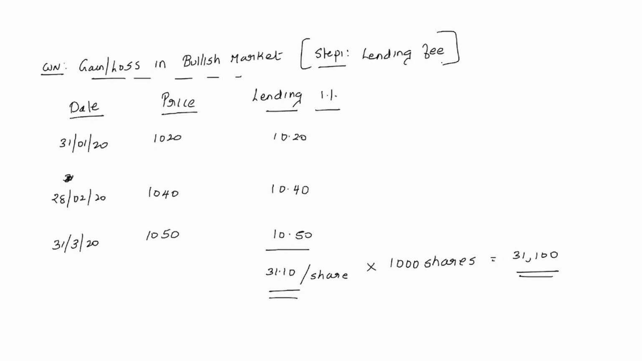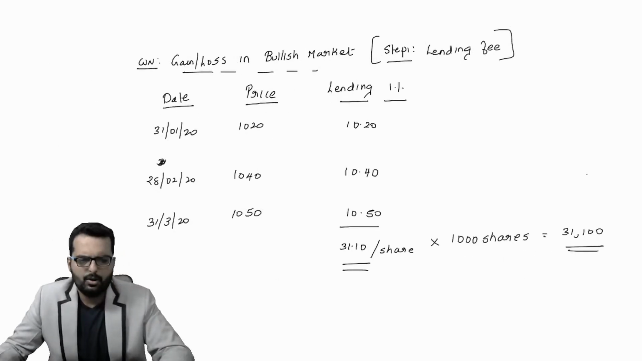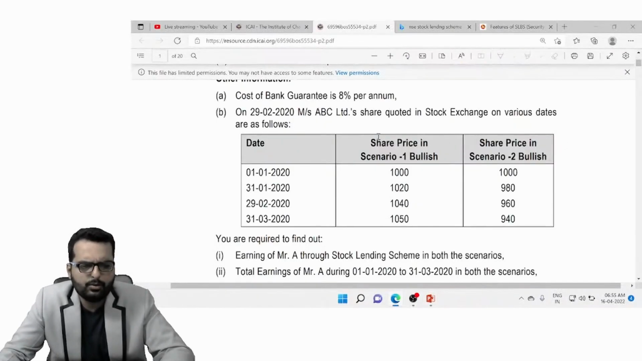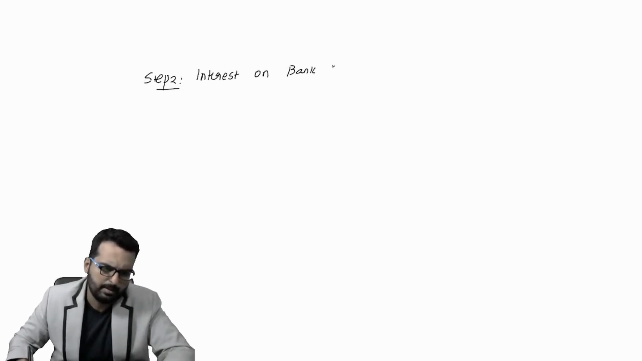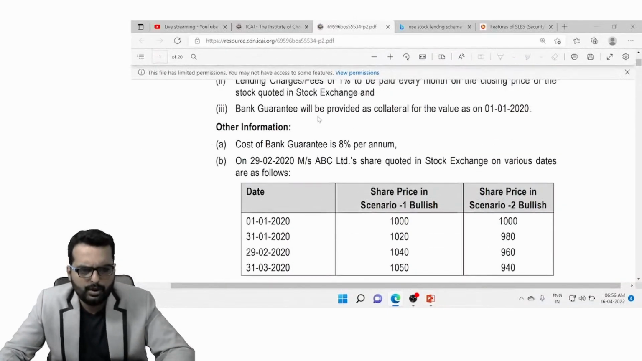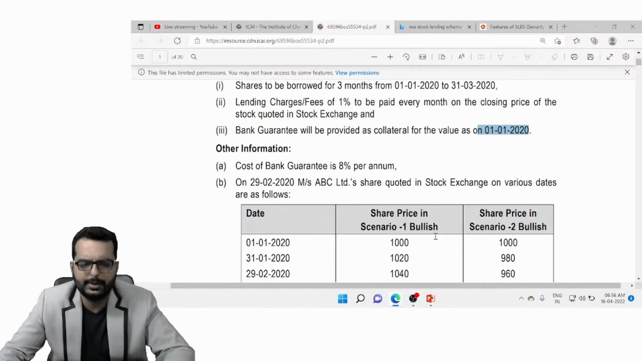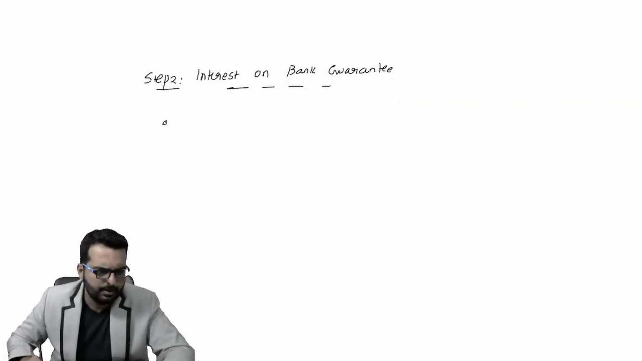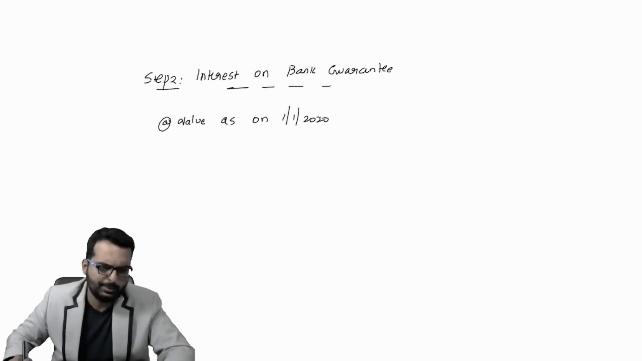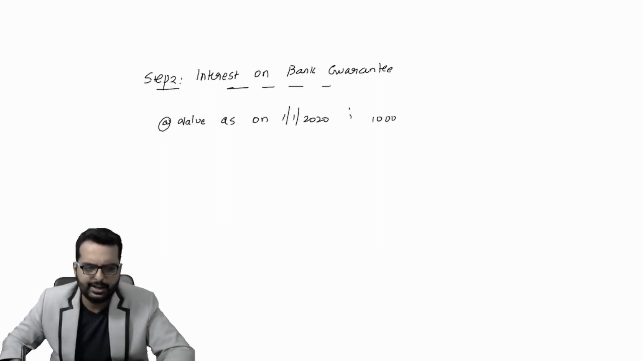All right. I believe you are done writing this. Okay, friends, I believe you are done writing this part. So we have got the first part, the lending fee. Step number 2, we also have to find out the interest on bank guarantee. In the question they have told, it is going to be for the value as on 1/1/2020. On 1/1/2020, the price is how much? 1000. So I'll write down over here, point number A, value as on 1/1/2020 will be 1000 shares